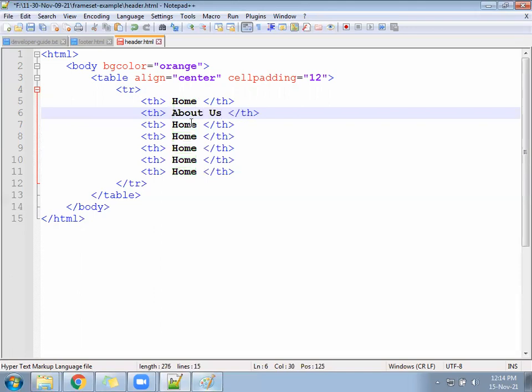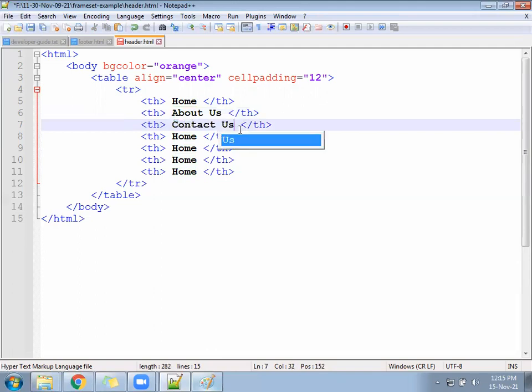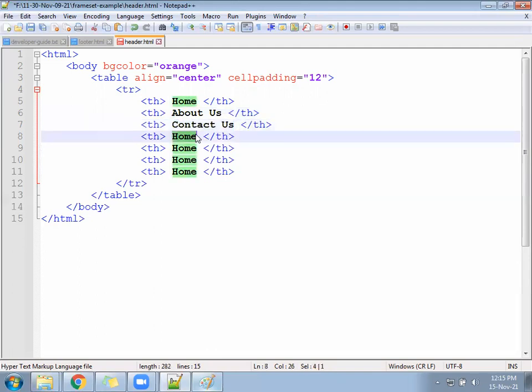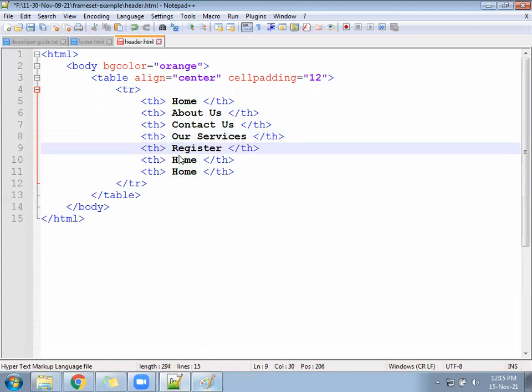About us, contact us, then we'll create register, login, and products. Okay, some menus we added.